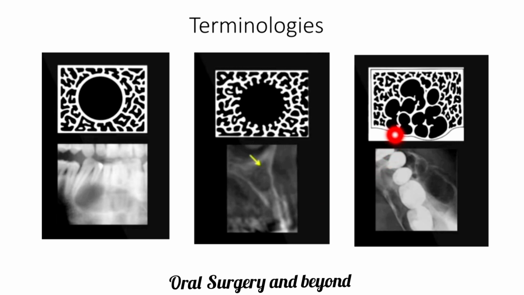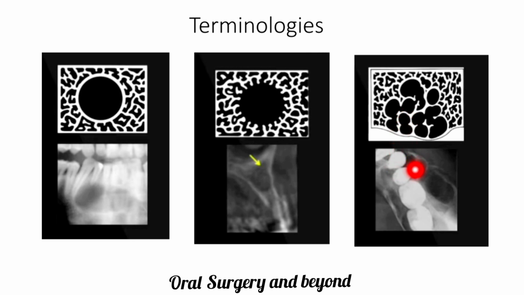Here we are going to see what is the multilocular pathology. Here we are able to see multilocular. It means it has multiple compartments of the pathology of radiolucency. All these pathologies we are seeing are radiolucent pathologies. What is the term radiolucent used for in radiographs? Radiolucent means a black color pathology, right?